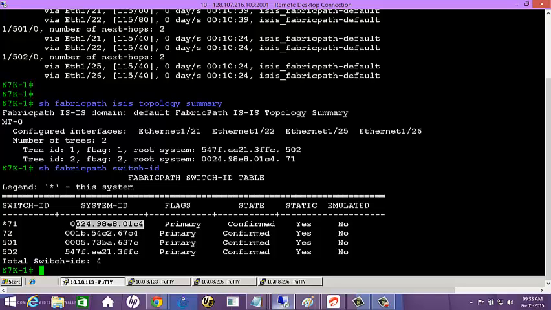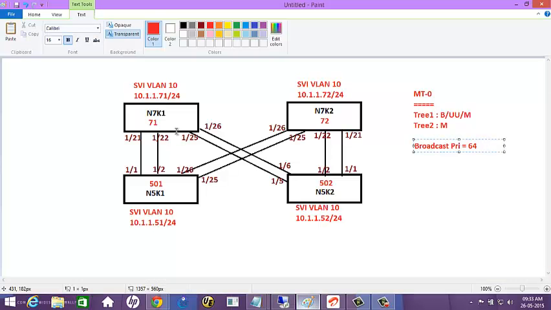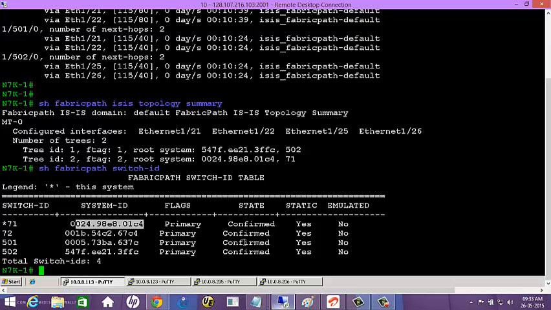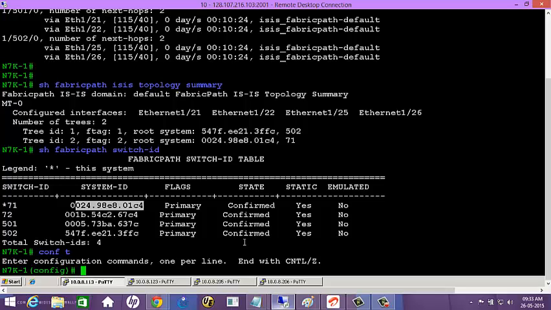I want to change the root so that my root becomes N7K1 for tree number 1. I am not concerned right now with tree number 2 because we are not doing any multicasting here, right? So I am just concerned with tree number 1. For tree number 1, I want 7K1 to become the root. So in order to do that, what can we change here? The broadcast priority, right? So in order to do that, we need to go to fabric path domain